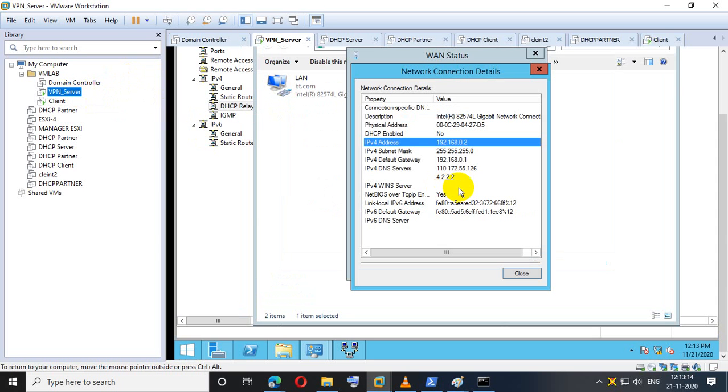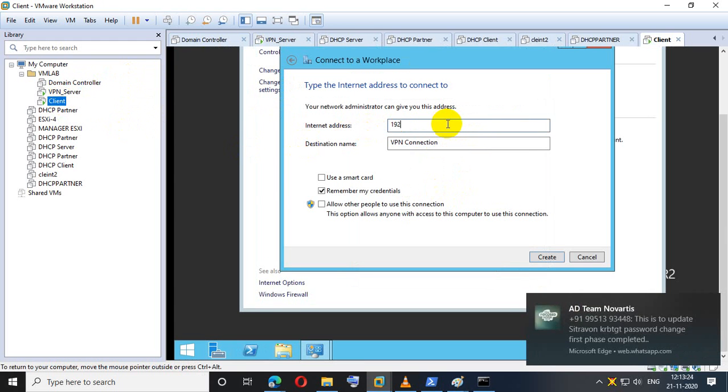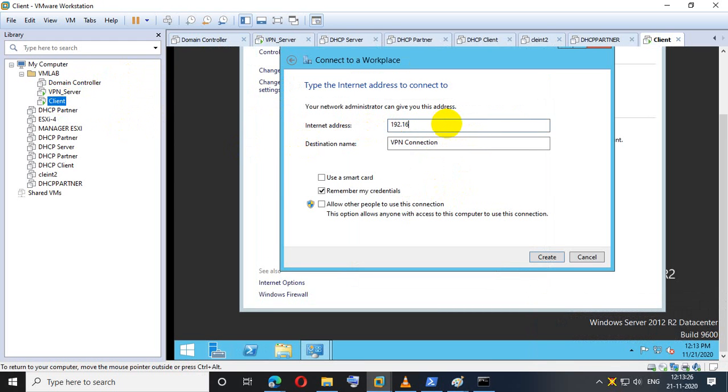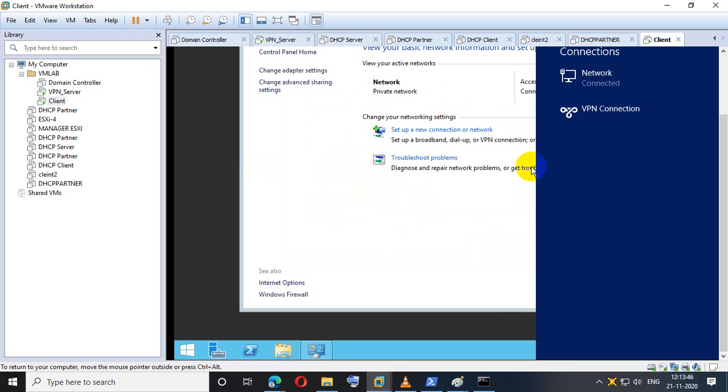No, not the domain controller IP address, it's the WAN IP address, okay? 192.168.0.2. That is the destination. Either you can use a smart card or remember my credentials, whatever. Allow people to use this connection. Exactly, a VPN connection is created.